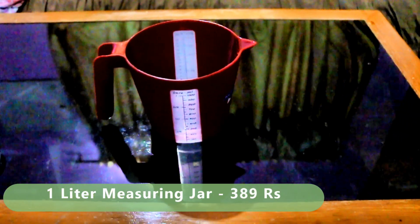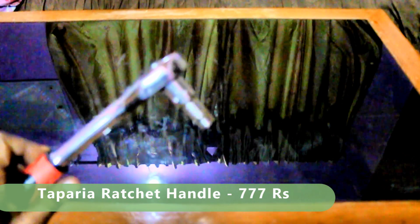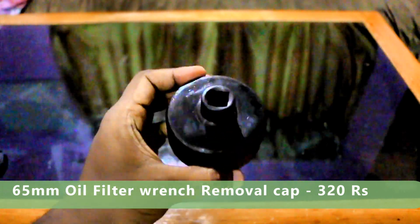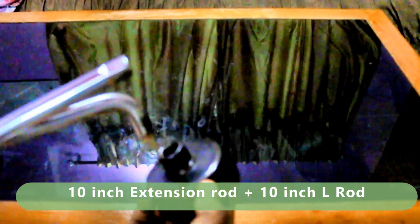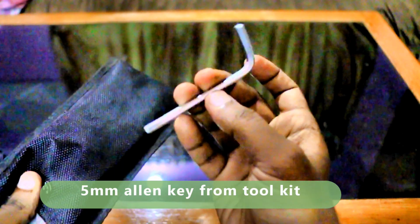So here are a list of things that you'll need to start this DIY with. First is a 1 liter measuring jar, a Taparia ratchet handle set with a 10 mm socket connected to it, a 65 mm oil filter wrench removal cap, a 10-inch extension rod plus 10-inch L rod that is needed to connect it to the oil filter wrench cap, a 5 mm Allen key from the provided toolkit,